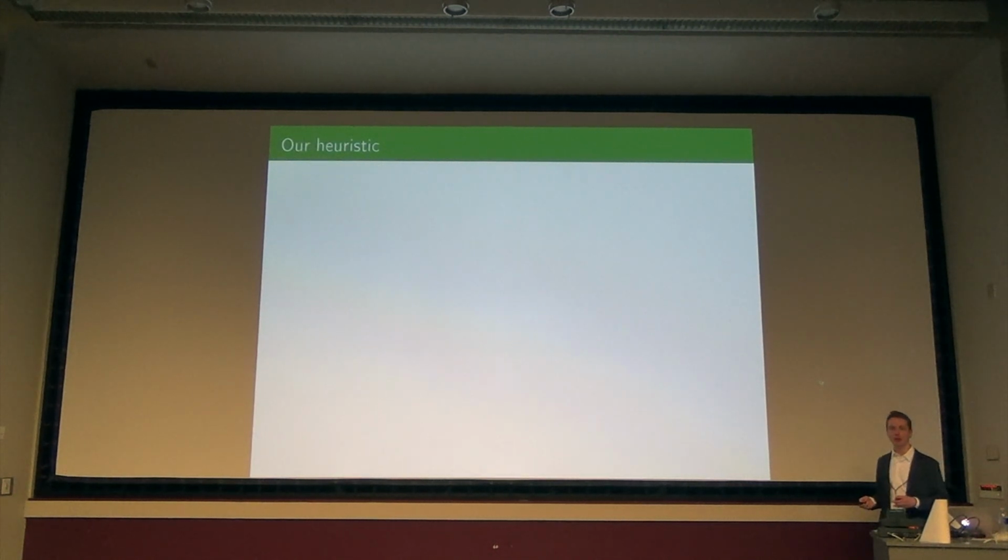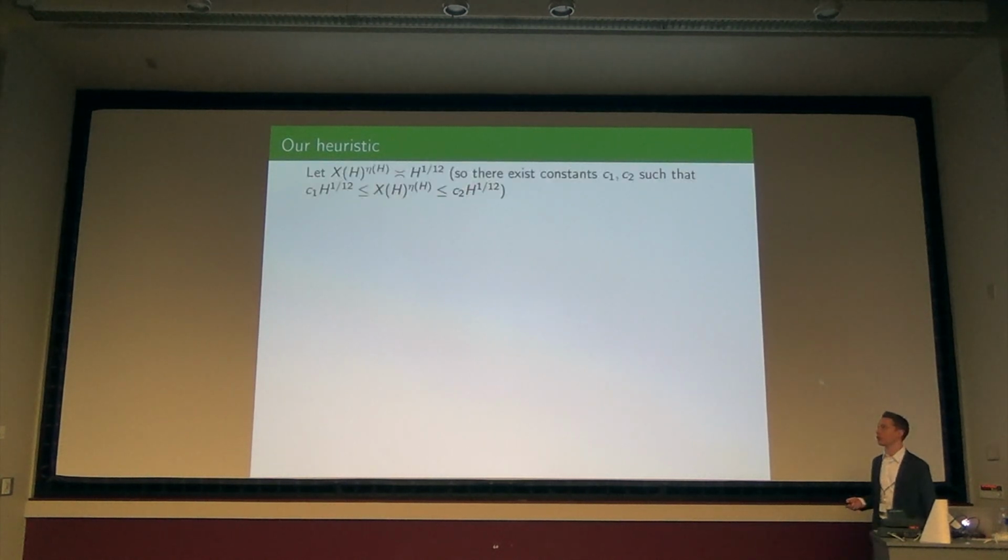So here is an explicit description of our heuristic. It's supposed to be compatible with known structural properties of elliptic curves. I need a function which measures the size, and I hope I'll be able to tell you something about it, but x is going to be the size of the matrix entries, and eta is going to be the size of the matrix. I want this expression to be about h to the 1/12, and what I mean by that is it's bounded above and below by constants this way, and maybe I'll be a little more flexible too. This is a heuristic.